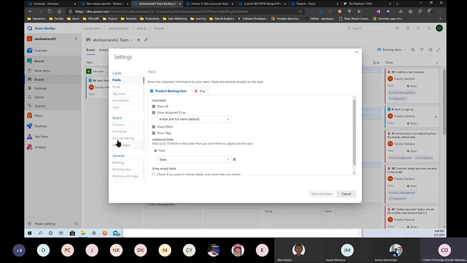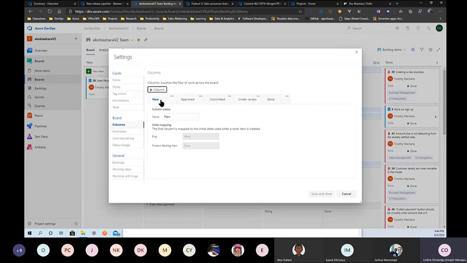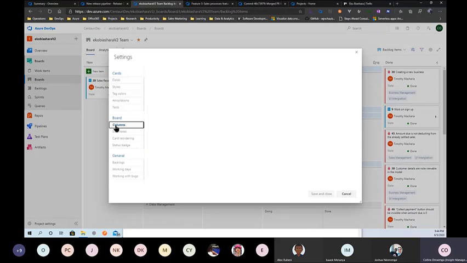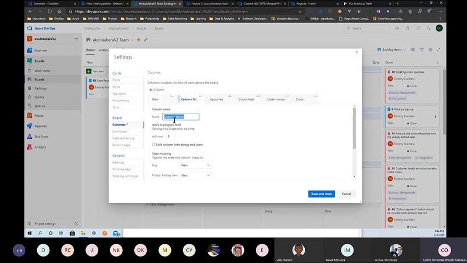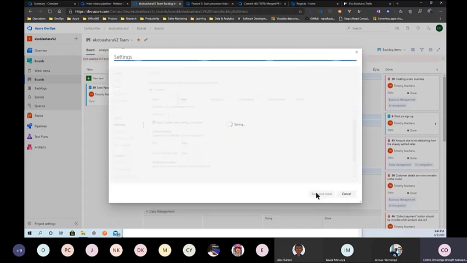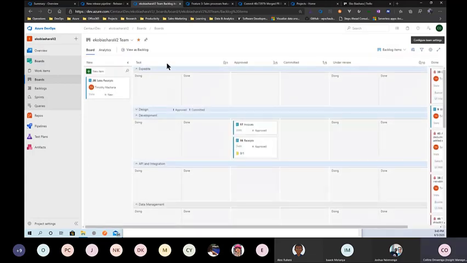Yes. So when it comes to columns, you see these columns: new, approved, committed, under review, done. That's where you set it up. So you can add your own if you want. You can add another column. If I add another column and say test column, work item limit, see it's 5. So I can increase that or put it to 1. And I can split it into doing and done. And when I click save and close, it adds another